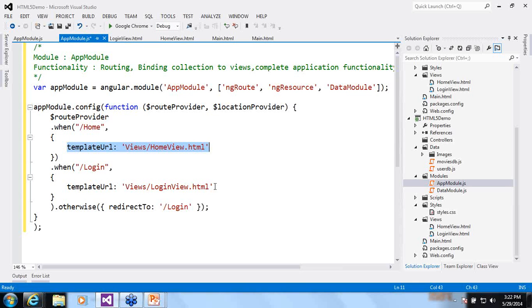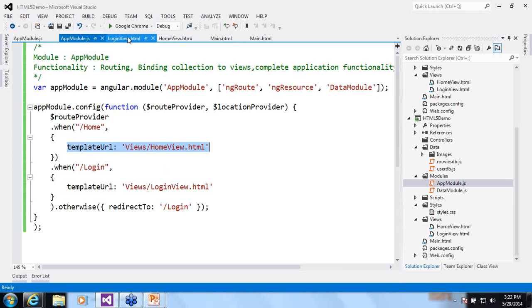If nothing is typed in the URL, just redirect him to the login view. So this is a simple routing code that we have written in our module, and this is provided by the route provider service. It gets resolved because we have ng-route in our app module.